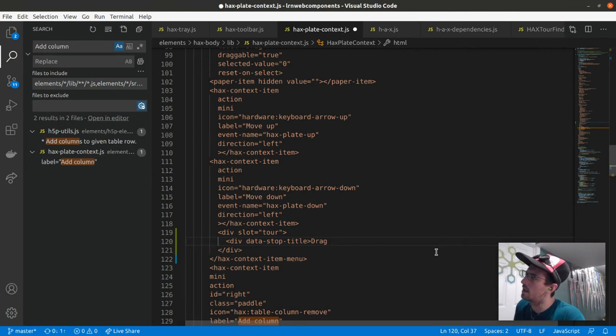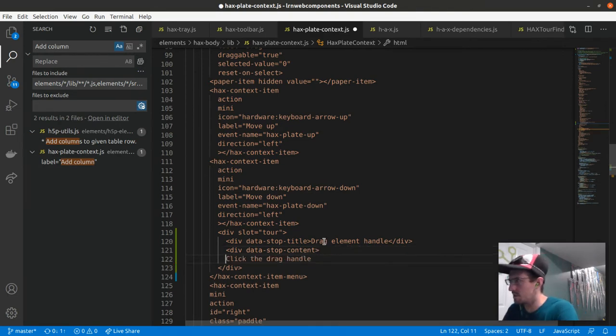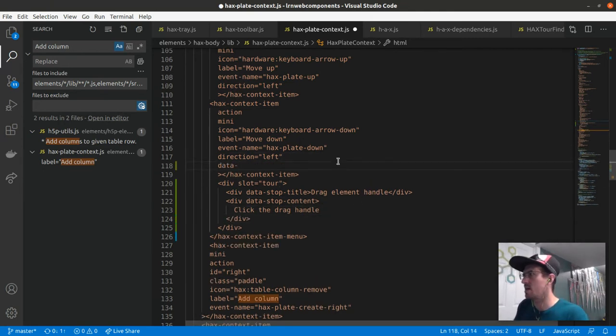Drag element handle div, and then this is going to be div data stop content. And it's going to say click the drag handle, and we'll space it out so it's nicer to read. Div, okay, this is going to be a data hyphen simple tor stop to indicate that this is the item we want to point to. Click the drag handle